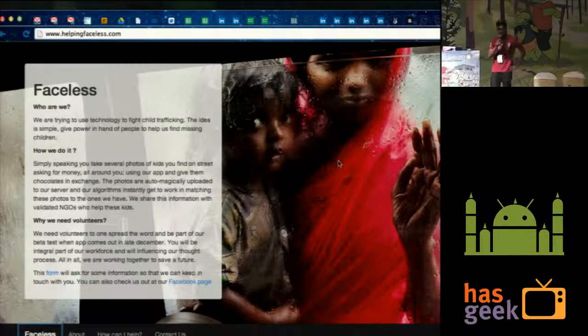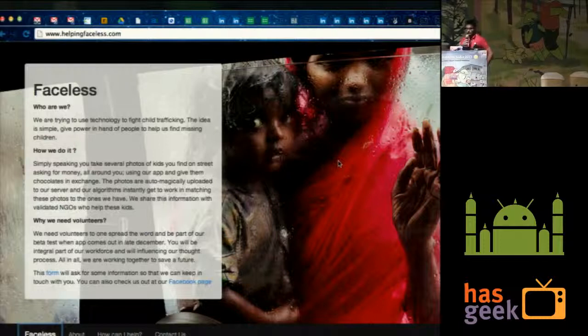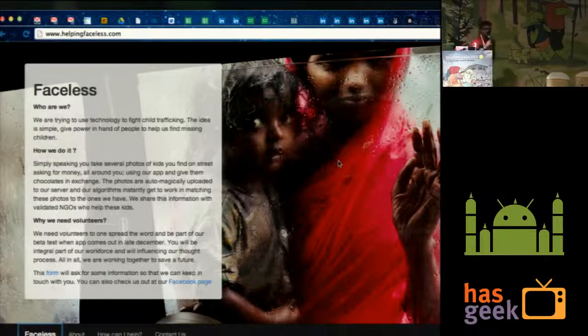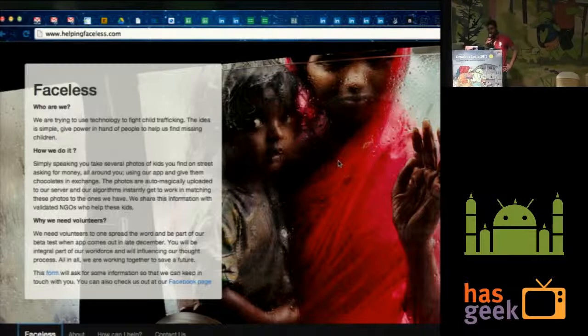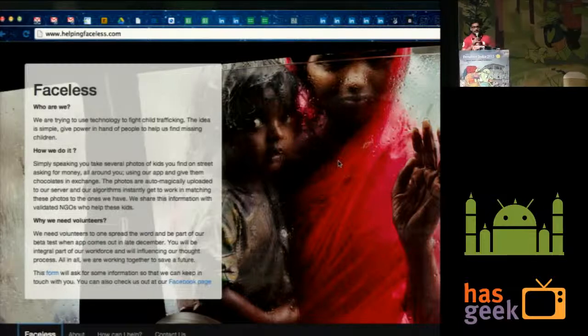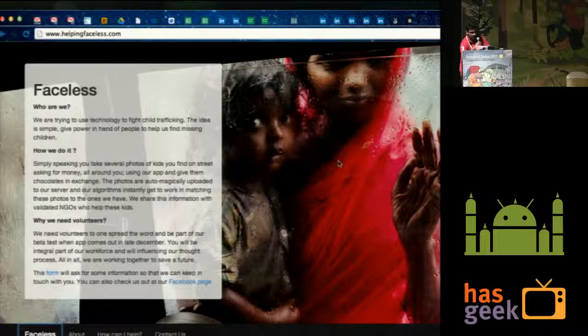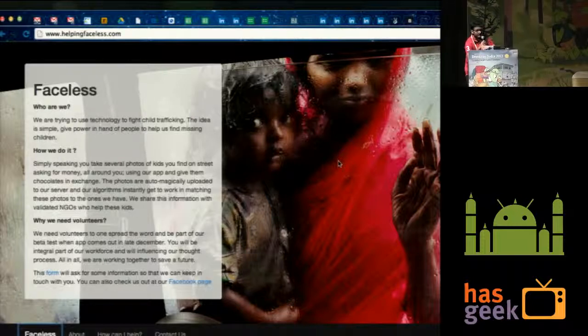We have collaborated with many NGOs, and they will be providing us with information about missing people. So we'll have the images and locations of people who have gone missing over the past few years. We have face recognition logic written on our servers, and for end users we have an Android application.